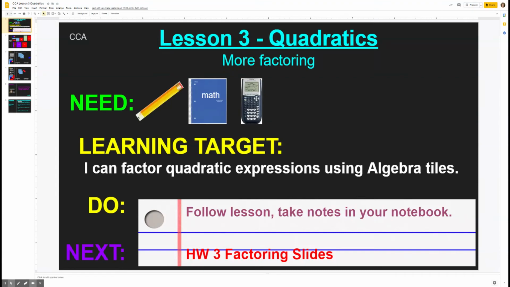And your assignment isn't going to be a worksheet. It's actually going to be Google Slides because you're going to do some manipulating with those slides. So I'm going to walk you through it. This is our next